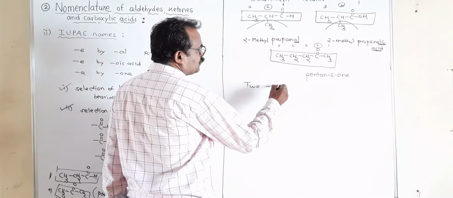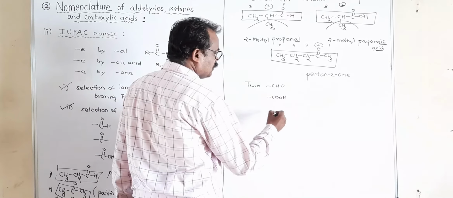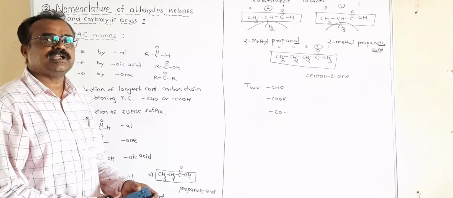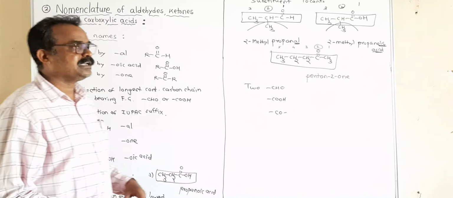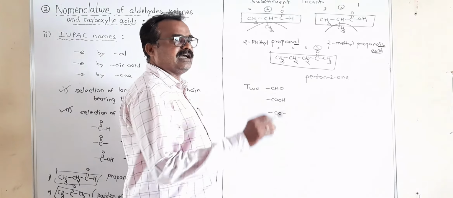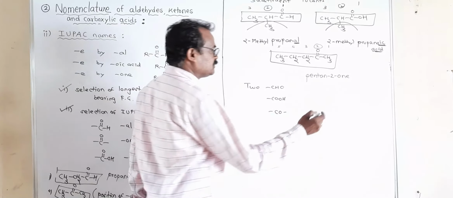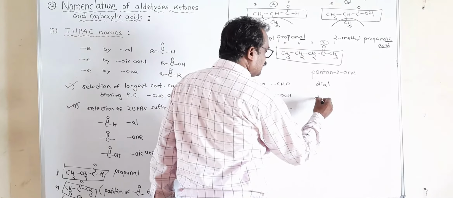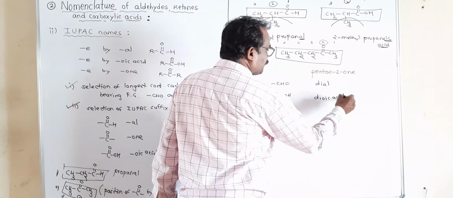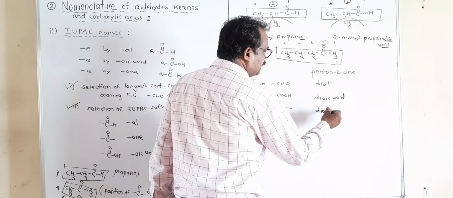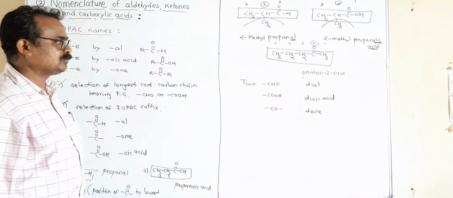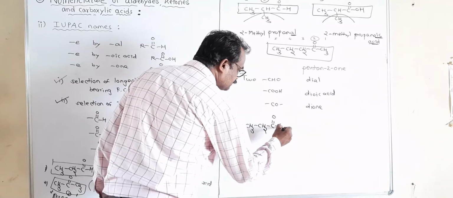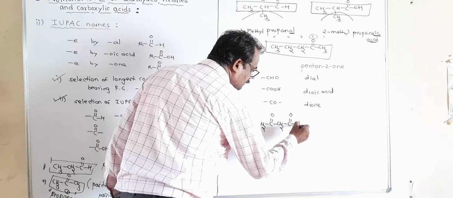two CHO, COOH, or CO groups are present in the compound, then the compound is named by writing the name of the alkane, with its E written as it is, by adding the suffix -dial in case of aldehyde, -dioic acid in case of carboxylic acid, and -dione in case of ketone. For example, consider this ketone